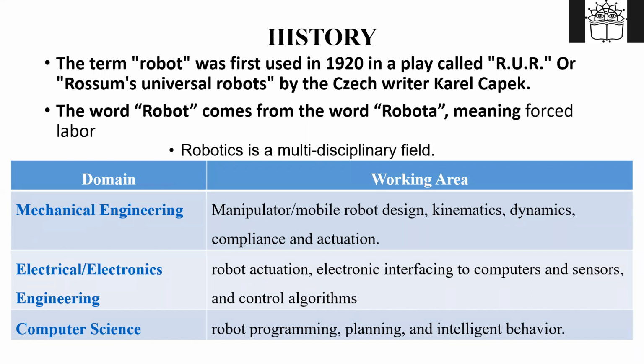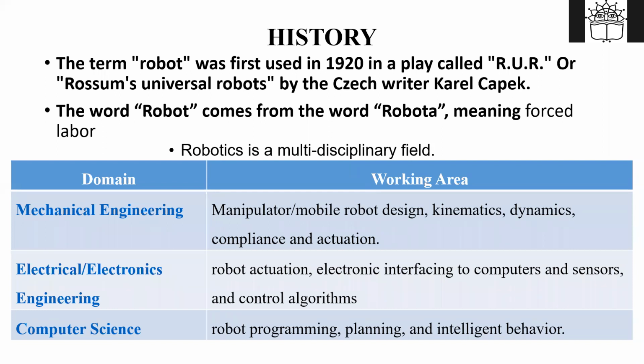First is mechanical engineering. If you see the schematic of a robot, the manipulator, the links, the joints, how power is transmitted, the mechanisms, the kinetics behind it, the dynamics behind it, how much power is to be transmitted, what should be the velocity. Everything will come in mechanical.